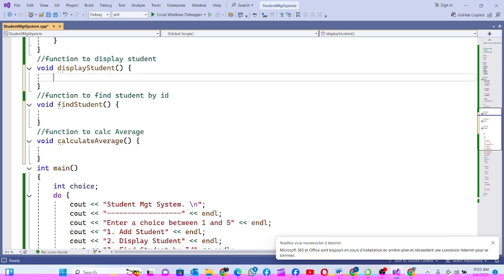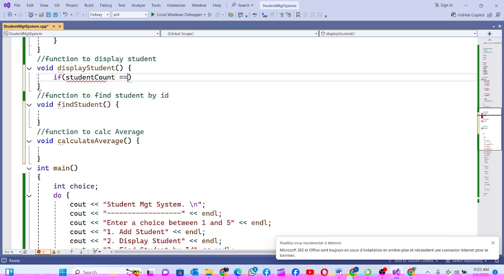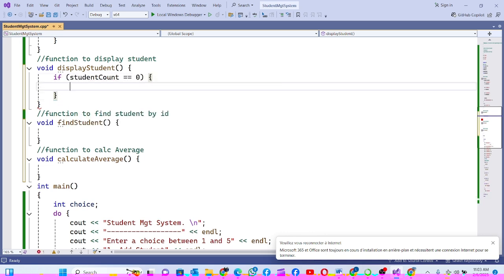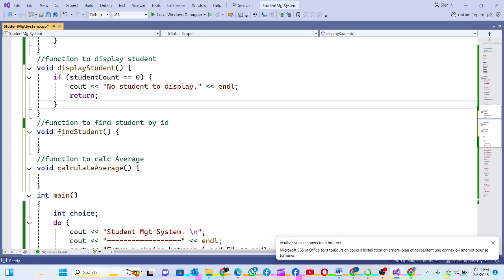So to display a student, we're going to check if the student count is not 0, right? If student count is equals to 0, it means that there's no student there. So we're just going to print out here that there is no student to display, and we endl, then we return. Else